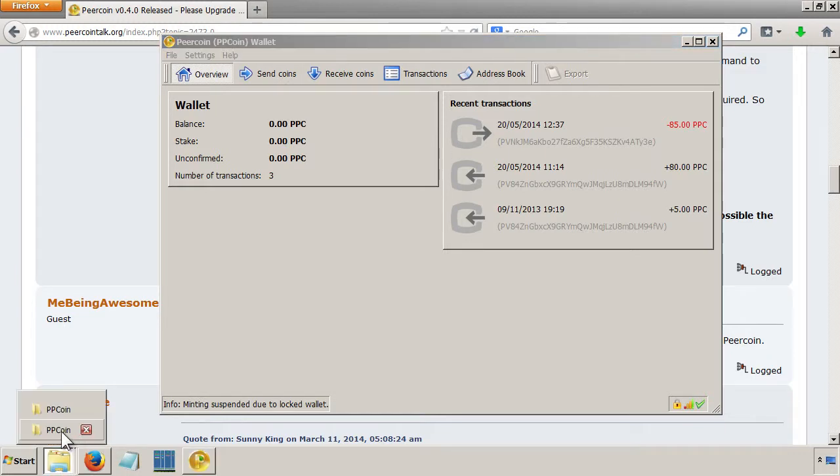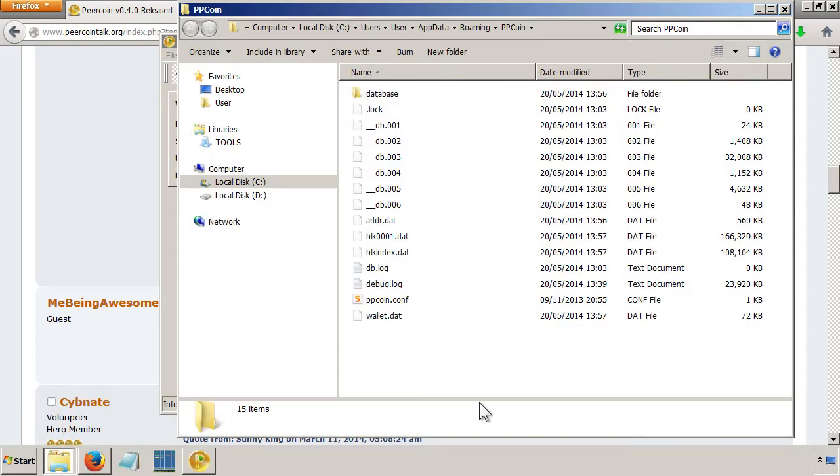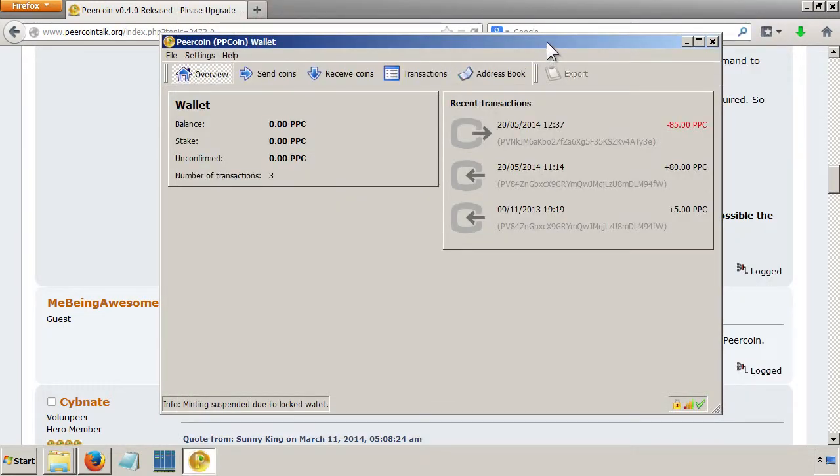And if we go to the AppData folder in Users and then the name of your username, AppData, Roaming, ppcoin, you can see that all the files that we deleted, they've now been re-downloaded. The latest blockchain has been re-downloaded. And I guess that's one of the good things about Peercoin, that that took around 1 hour in total to download the blockchain, whilst other digital coins take a lot longer because their blockchain is so big. But the Peercoin blockchain is actually fairly small.